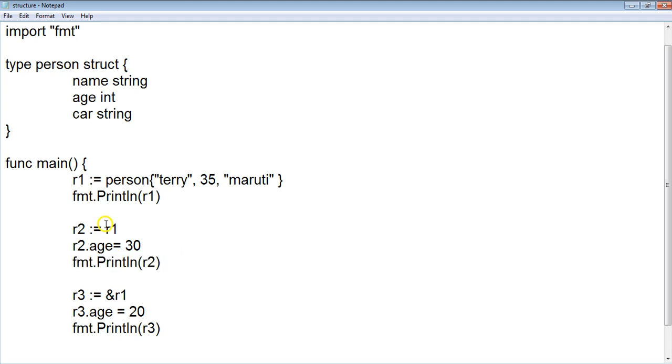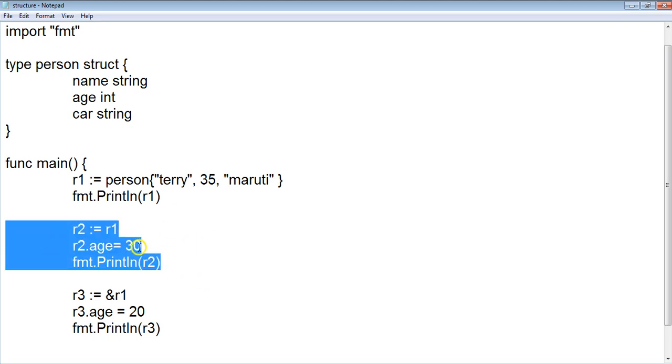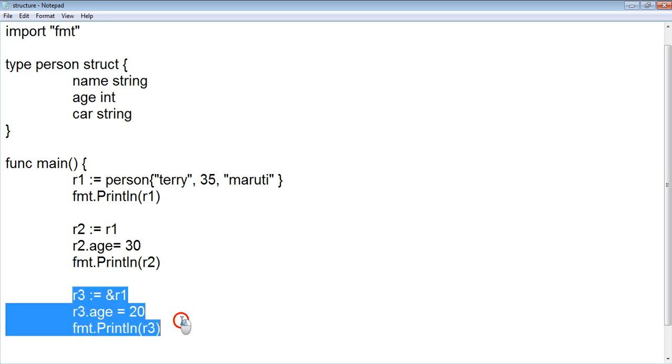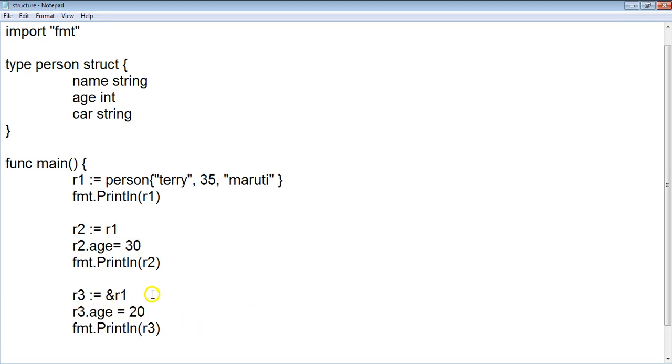Now please listen here, one small thing I want to tell you. r1 is copied to r2. When we change the value of r2.age, only r2.age changes, but not r1.age. Makes sense? There is one more idea of copying a structure through a pointer, or through reference, which you can see in the third block here. There is an r3 variable which is assigned &r1, the address of r1, as we have seen before in other compiled languages.